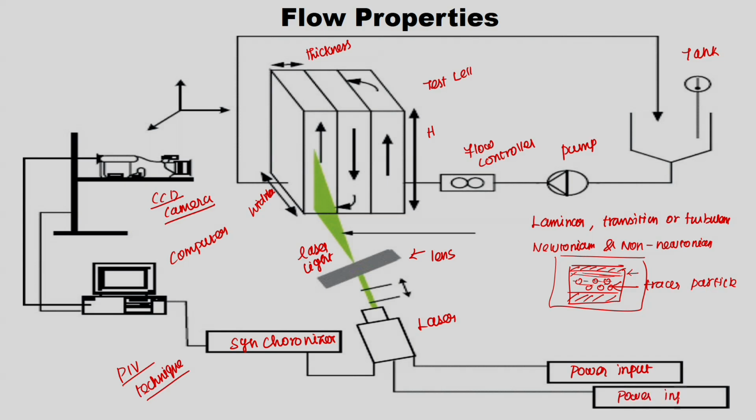What happens is, I employ the laser light into the test cell. The test cell also contains the tracer particles. The tracer particle movement will be captured by the camera, then I image process it and get to know the velocity of the tracer particle. The velocity of the tracer particle is nothing but the liquid velocity. If I know the localized liquid velocity, then I may get an idea about the distribution of the temperature inside the test cell. For example, how it can be modeled is, we already know the continuity equation